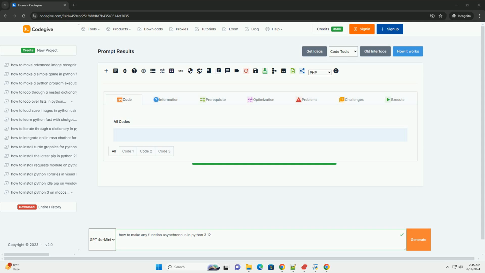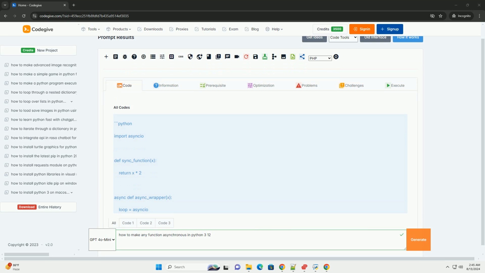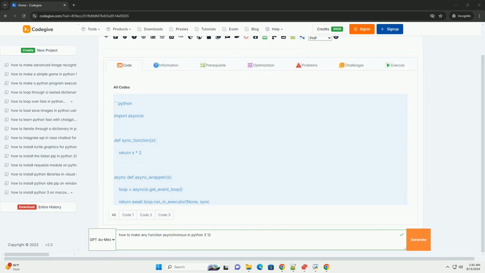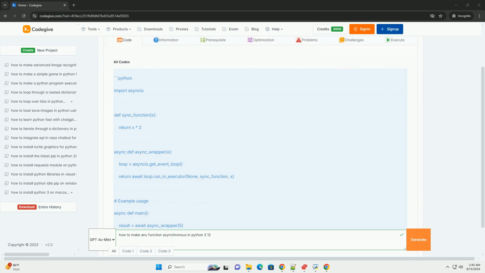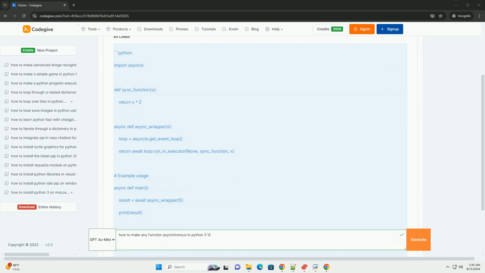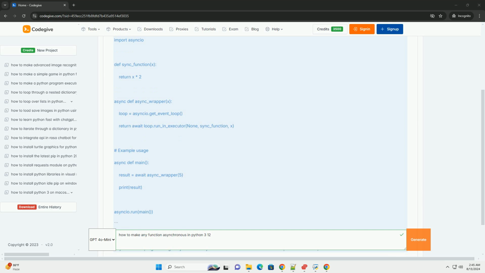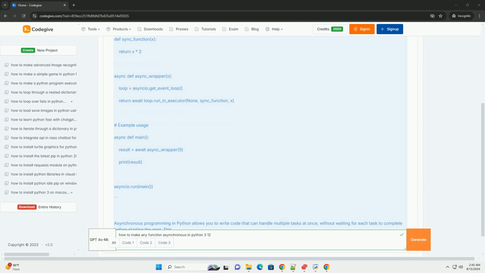How to make any function asynchronous in Python 3.12. Introduction. Asynchronous programming in Python allows you to write code that can handle multiple tasks at once, without waiting for each task to complete before starting the next. This is particularly useful for I/O-bound operations like network requests or file reading, where tasks often involve waiting for external